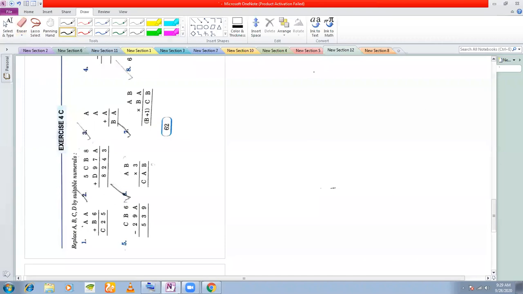So you have A, A, A. When you add, you're getting a digit here which is equal to A, and you're getting another digit here, B. So what can be the digits? You try out all the possible values. 1 plus 1 plus 1. If I take A is equal to 1,